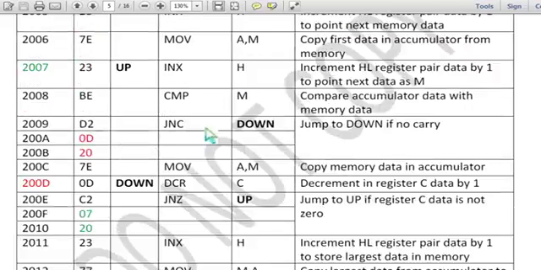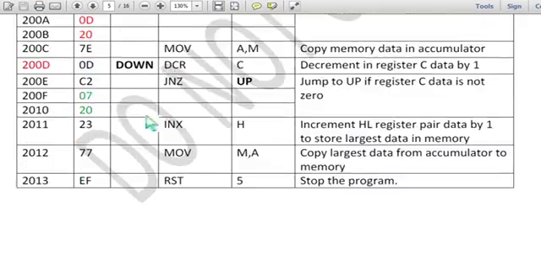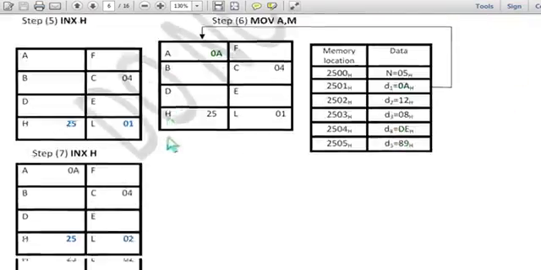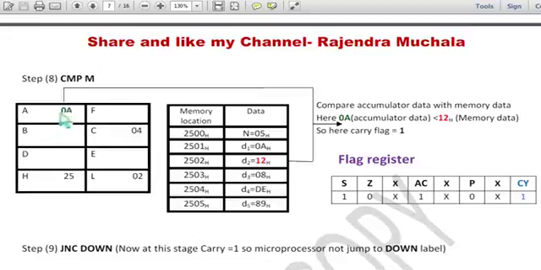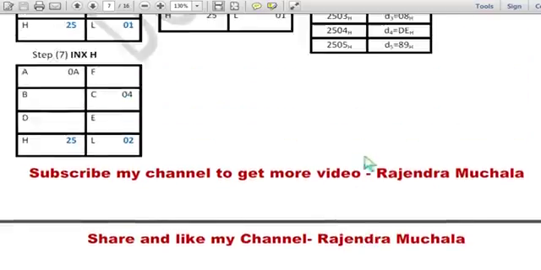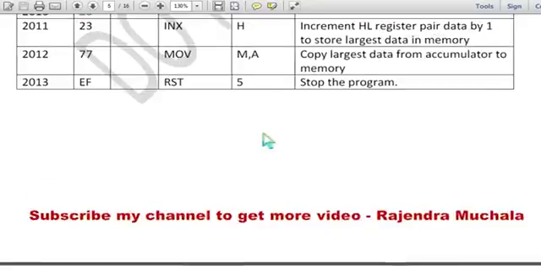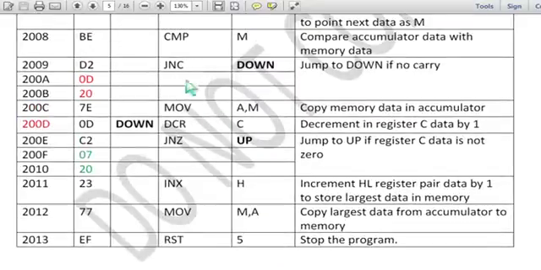Then the next instruction is CMP M. Compare accumulator data with memory data. BE is the hex code of the instruction. By this instruction the microprocessor compares accumulator data 0A with memory data 12 and the carry flag bit becomes 1, which shows memory data is larger. Then the next instruction is